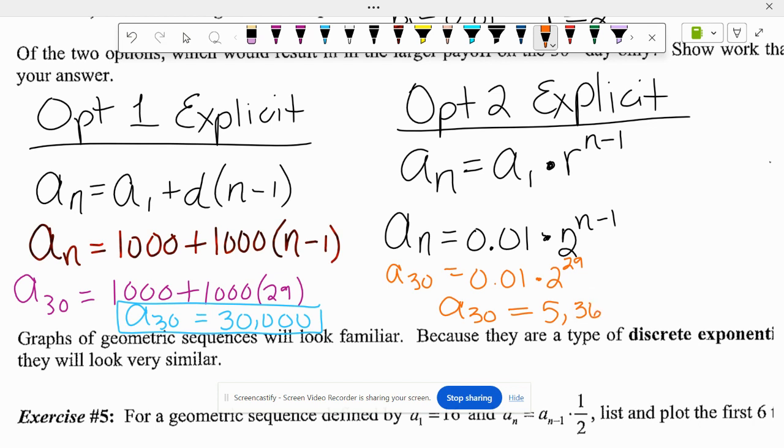Did you put a decimal in when you calculated that? Okay. But when you calculated, did you put 0.01? When you multiplied, I'm asking, did you put 0.01? Okay. So it should be